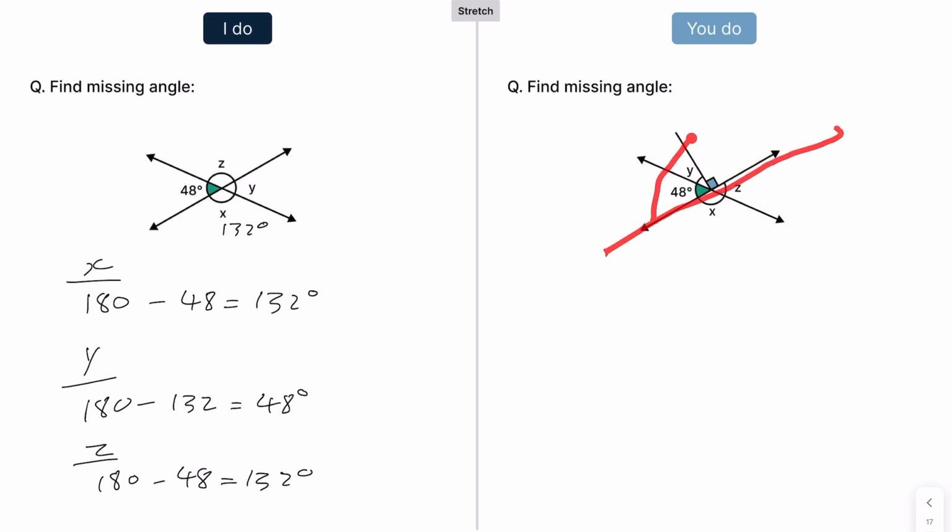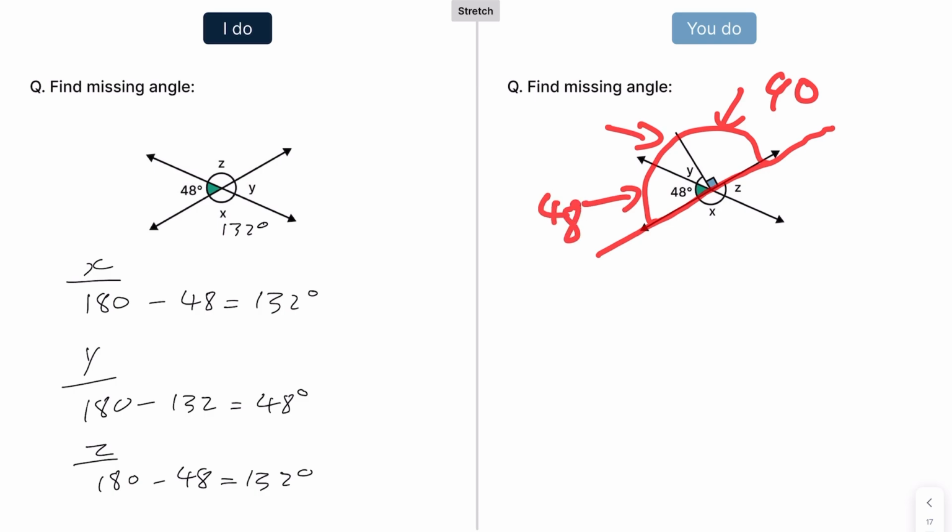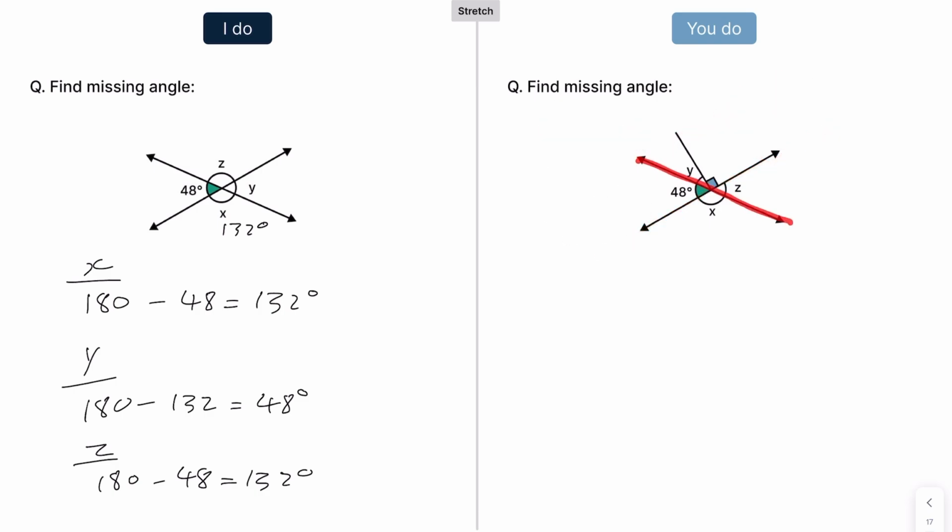And if I was to try to go this way, I know what this is. That's 90, that's 48, and I can use that to find Y. So you can either start this way, with this being 90, which you know is a right angle, this has 48, so all you need to do is find Y now, which you can do. Or you can start with this line, where you can find X using 180, take away 48. Okay, so the reason I'm telling you this is because there's more than one way you can start. But I'm going to start with finding X, so that's going to be 180, take away 48,